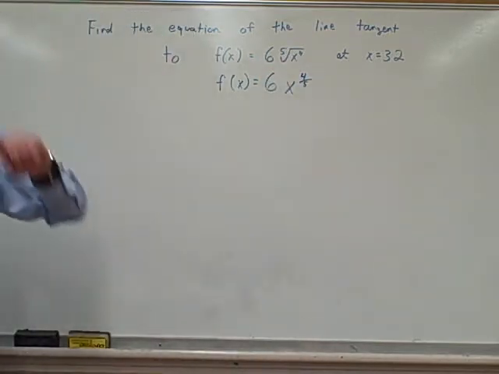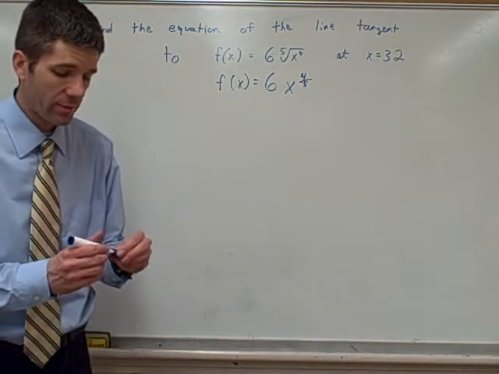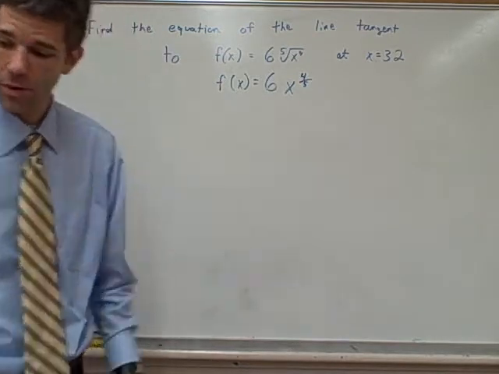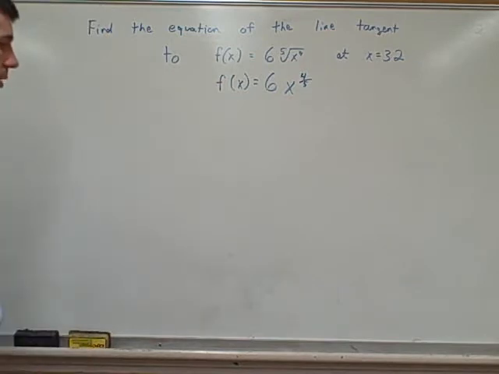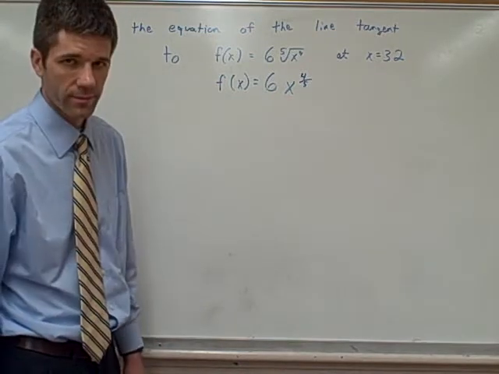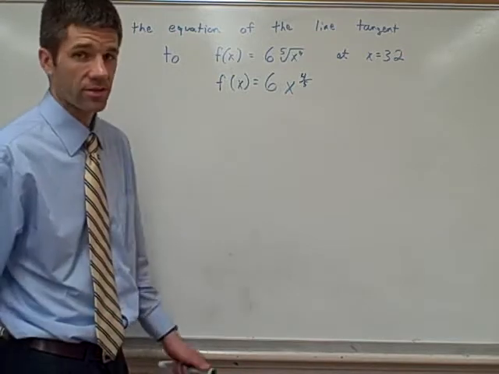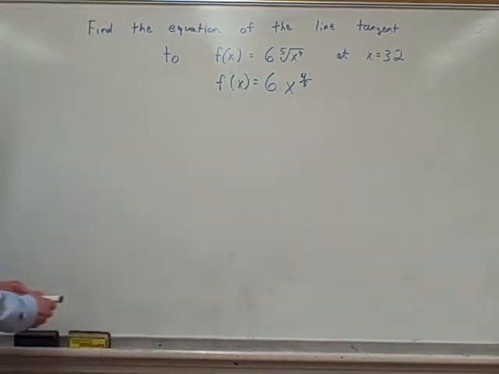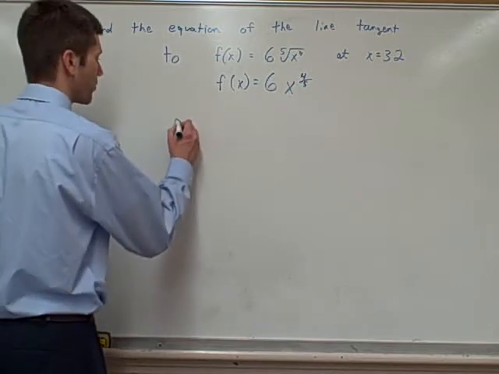We're going to find the equation of a line. When we find the equation of a line, we're going to assume it's in slope-intercept form. That's a pretty safe assumption. If we need something in slope-intercept form, we need slope, obviously. We also need intercept. We'll get there later. Let's do slope first. Slope is based on derivative. The derivative